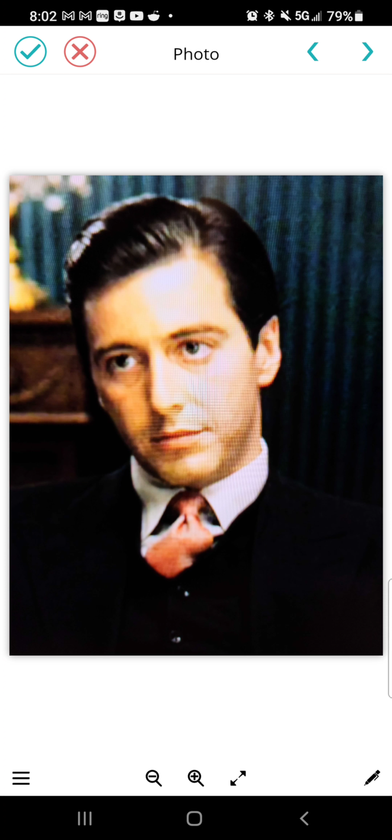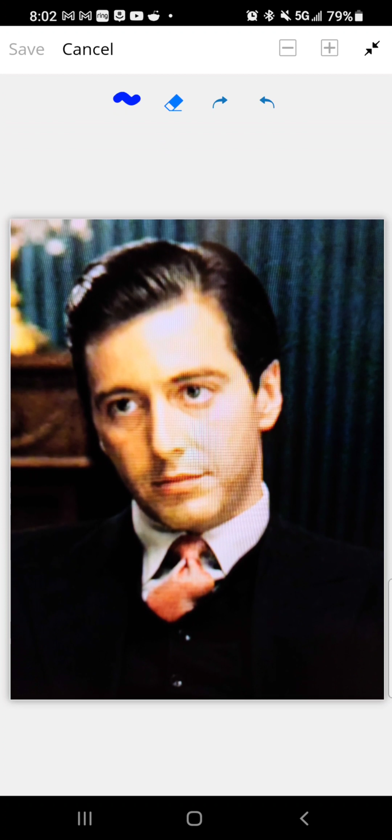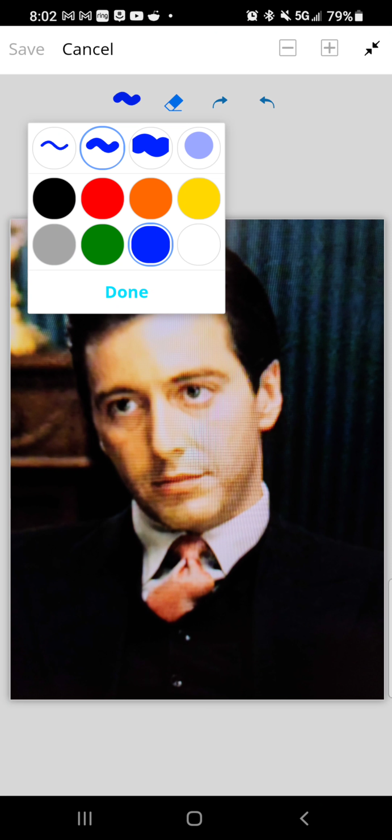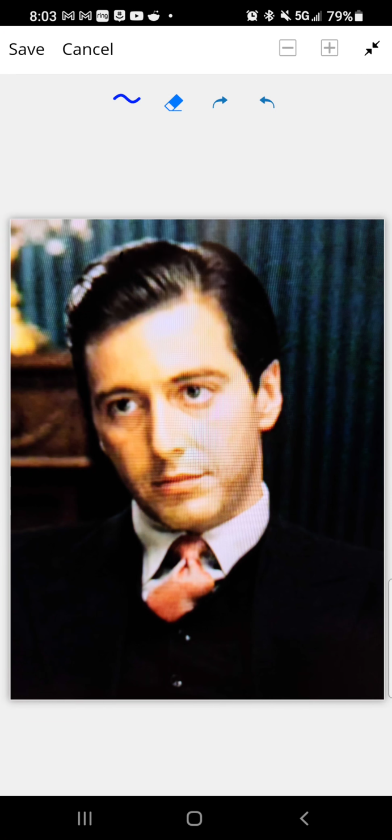And part of what's nice is that not only do you have the photo, but you can mark it up. So let's say you want to call attention to a specific area of the photo. There's a pen icon in the lower right-hand corner. So I'll tap that, and it opens up this view where I can specify what my pen color is going to be, and what the pen thickness is. So if I go with, say, blue, and I'll go with a very thin pen thickness and choose done, I